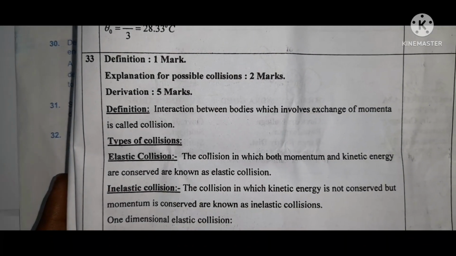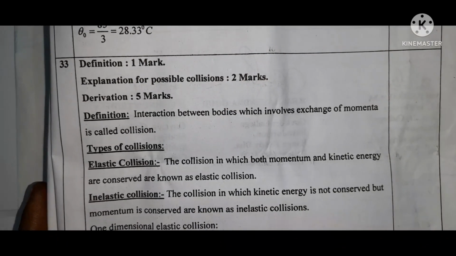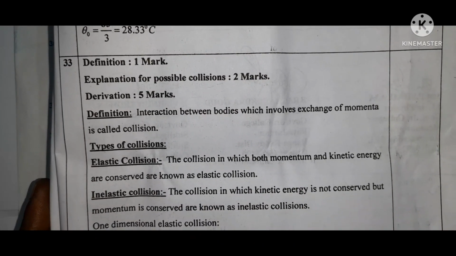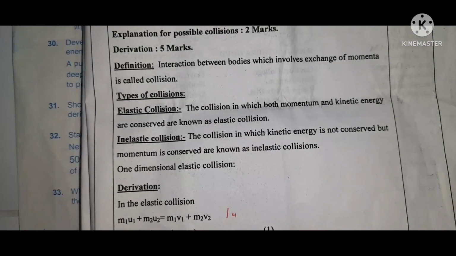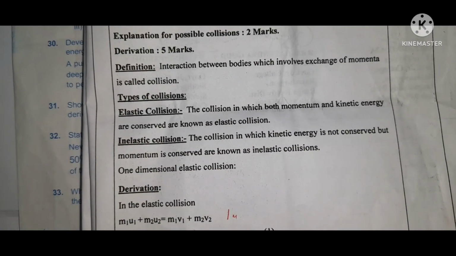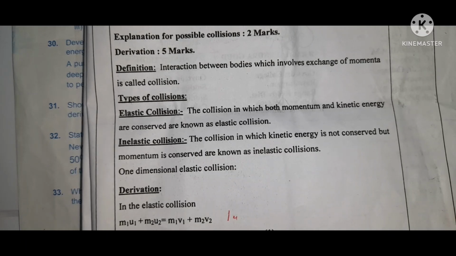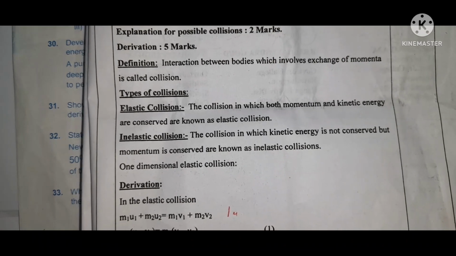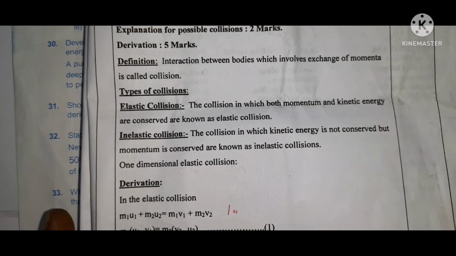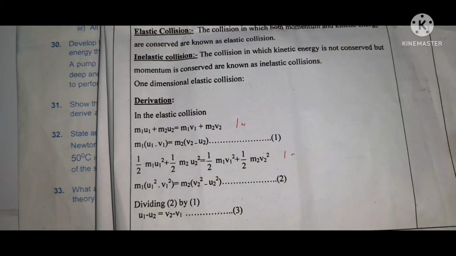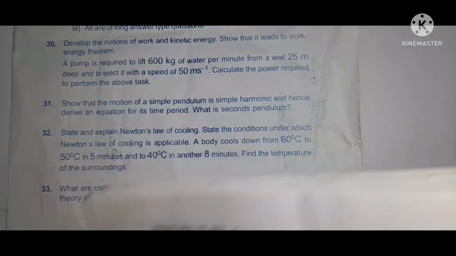Okay. Definition: interaction between bodies which involves exchange of momenta is called collision. Types of collision: elastic and inelastic collision. So for the possible collisions, that is 2 marks. Definition 1 mark. Next, the derivation will be there. For the derivation we will get 5 marks. So simply this is the derivation. You can check from our previous one. Finally, after the derivation you have to